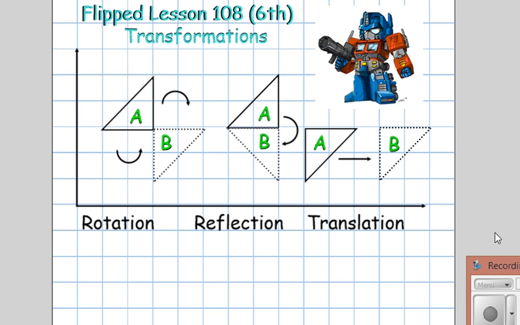First of all, we have our three main types of transformations. We've got rotations, where you have a fixed point and things are pivoting on that point. You have reflection, where you have a line of reflection. It can be horizontal, can be vertical, and it reflects completely over that line. And then you also have translation, where you have one shape just slides. I think that's the word we can also put there, is the idea of sliding from one step to the